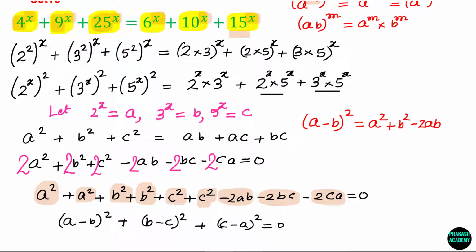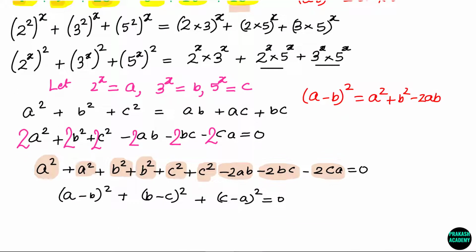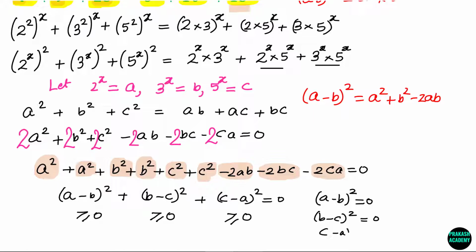Now the sum of three terms, each a square of these terms, is equal to 0. This means all these terms have to be 0, because a square should always be greater than or equal to 0. This is also greater than or equal to 0. This is also greater than or equal to 0. This means the sum of these terms is 0. This means (a minus b) whole square is equal to 0, (b minus c) whole square is equal to 0,